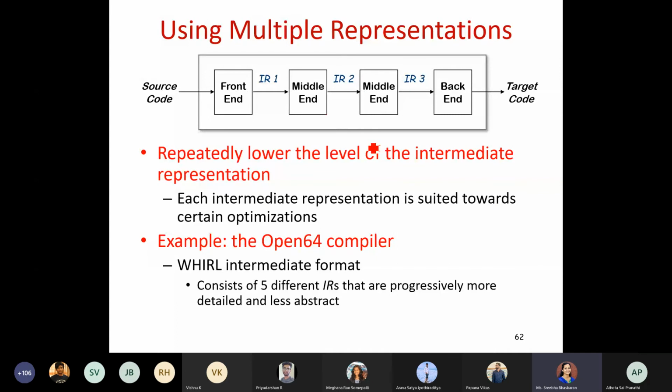Okay, that means when the details are clearly mentioned, the abstraction would be a little less. The contents you are hiding will be a little less. So you can decide how many levels of intermediate representations are required when you are developing your program, that is, the compiler.